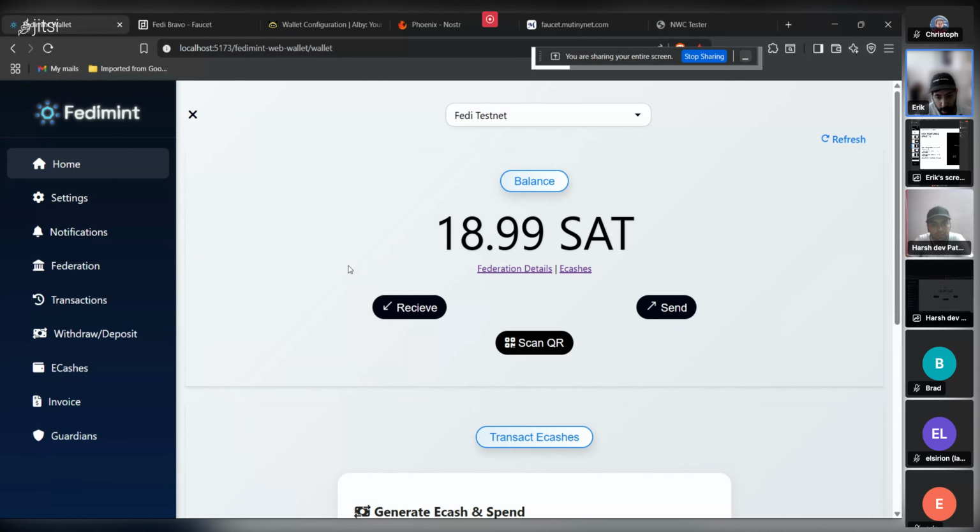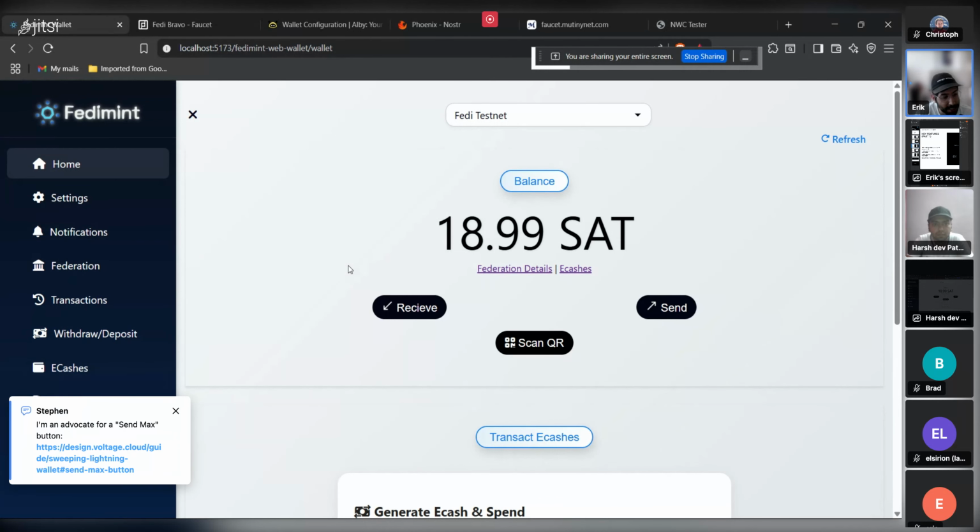But someone once suggested that the wallet should communicate it in some way like that, where if you want to sweep your wallet, it's going to be X, they're going to charge this much in fees, and it's guaranteed to leave you with a 0 balance. But yeah, send max is good,